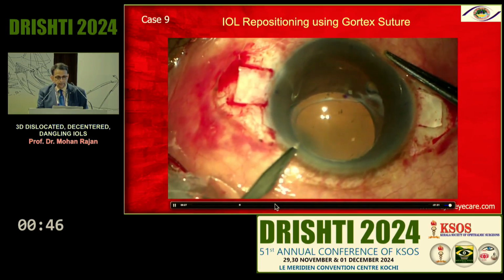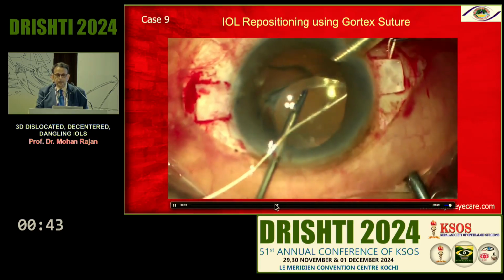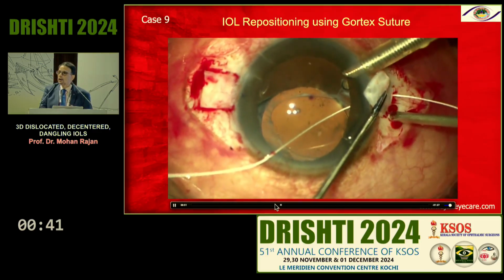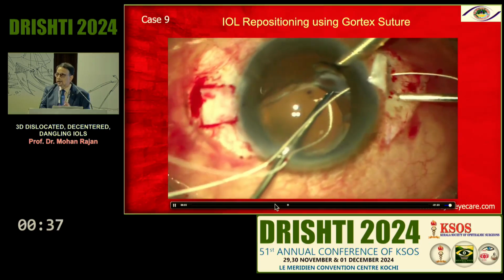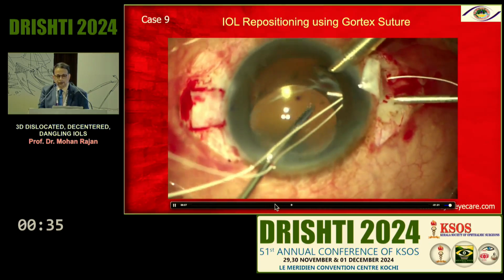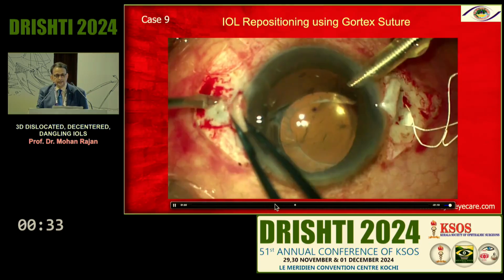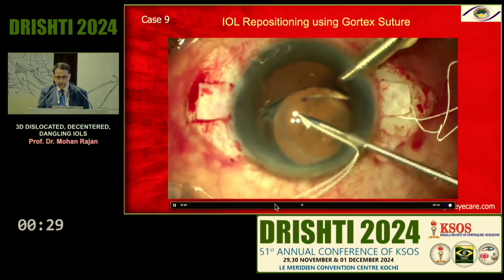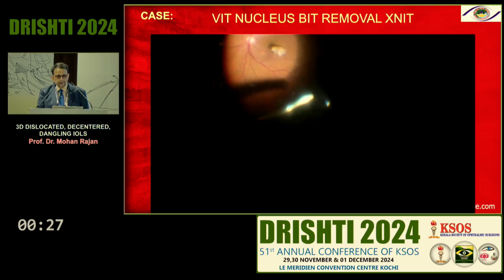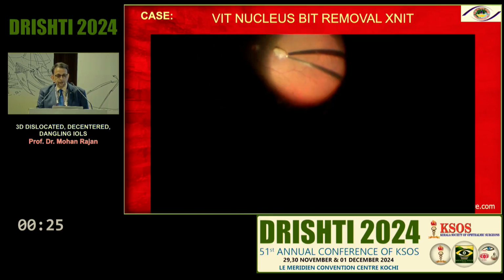So you can see here, I am trying to fix this lens and passing one end of the suture in front of the haptic, the other one behind the haptic, okay? And you can fix that lens, the entire lens. We don't have to explant these lenses. You can fix the entire lens without any problem at all. Again, another patient with a vitreous